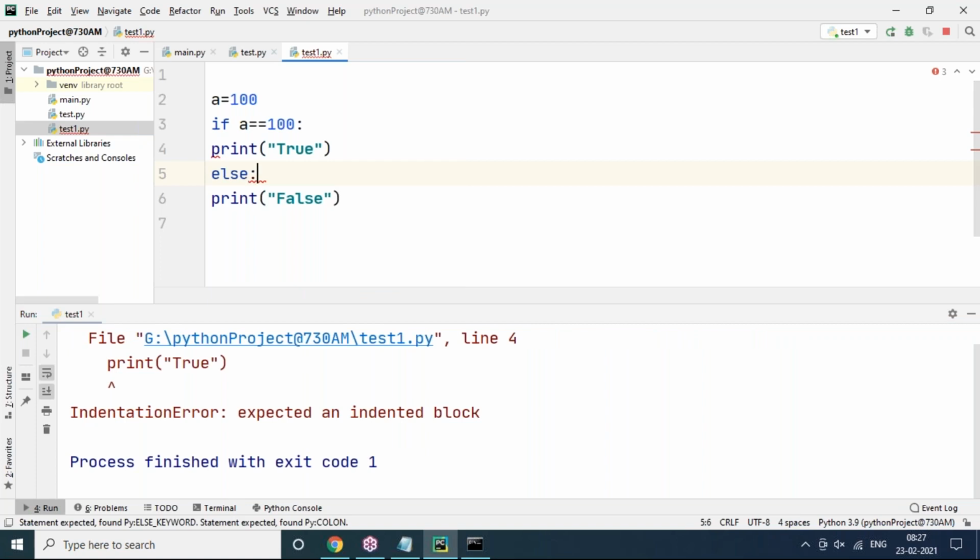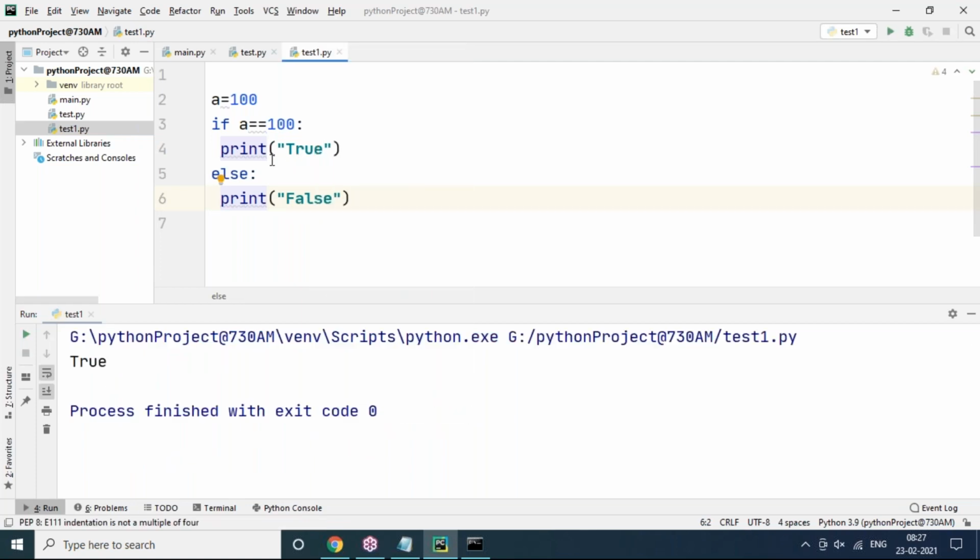Expected an indented block means at least one space is required, sir, not all 4 spaces. But why am I saying 4 spaces? By default the editor will give 4 spaces only. At least one space is required. If you give one space, this print statement belongs to the if block. This print statement belongs to the else block. If I'm not giving space, what will happen?